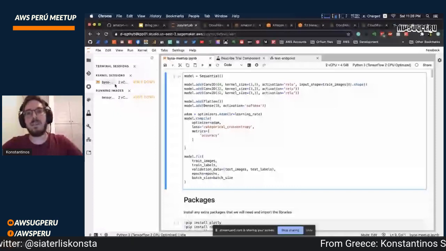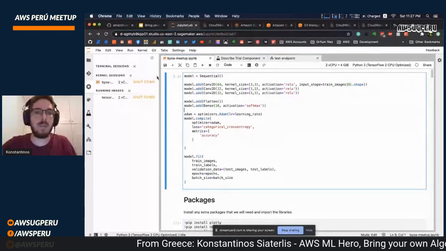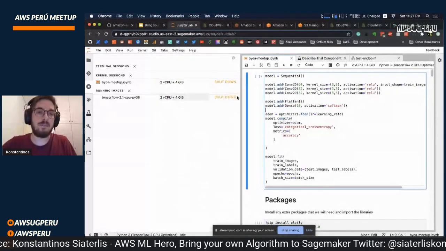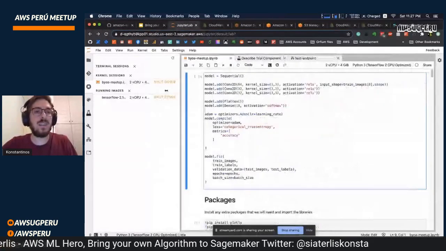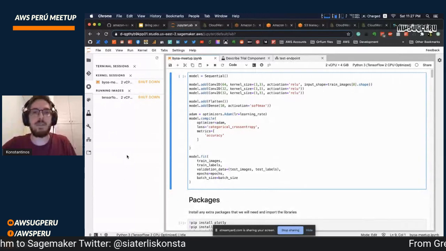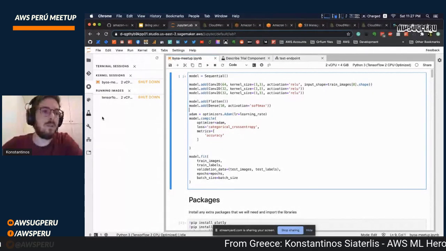SageMaker as it is has a very, very low cost, but when you spin up instances, for example, here you can see it's not very powerful, but it costs. So be careful with those. Make sure to shut them down. They spin up very fast. It's not like SageMaker notebook instances as it was before.